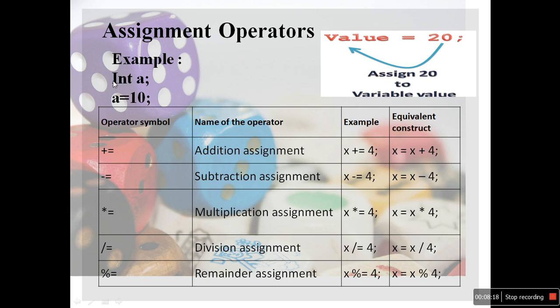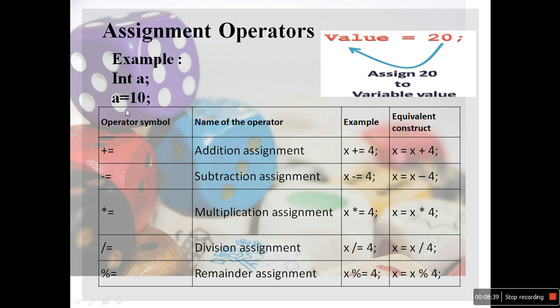So we will consider int here as small. Okay. So I declare a variable of integer type, that is A. Then I transfer value 10. So what is the meaning of A is equal to 10? That means the value 10 is being transferred into variable A.